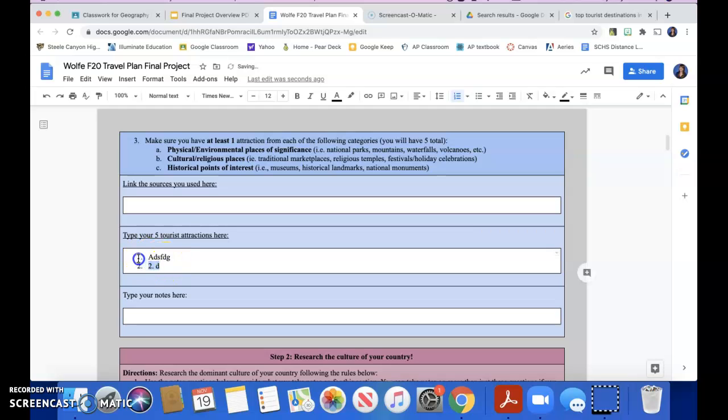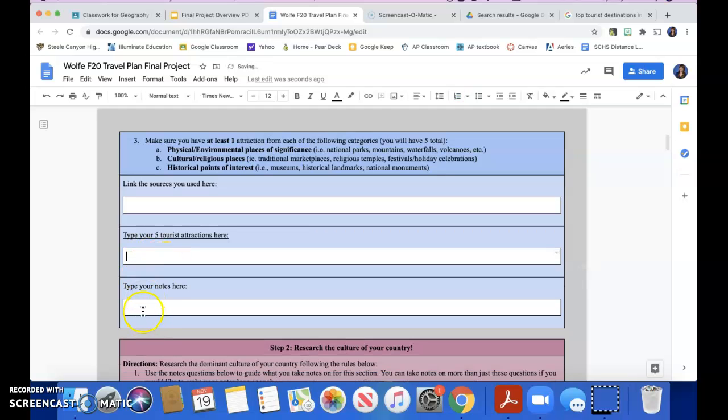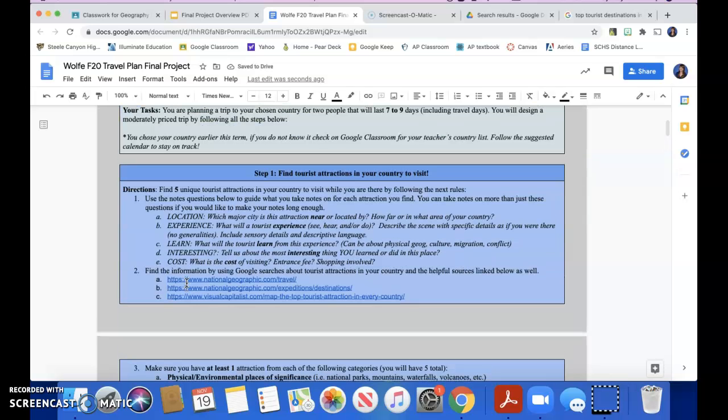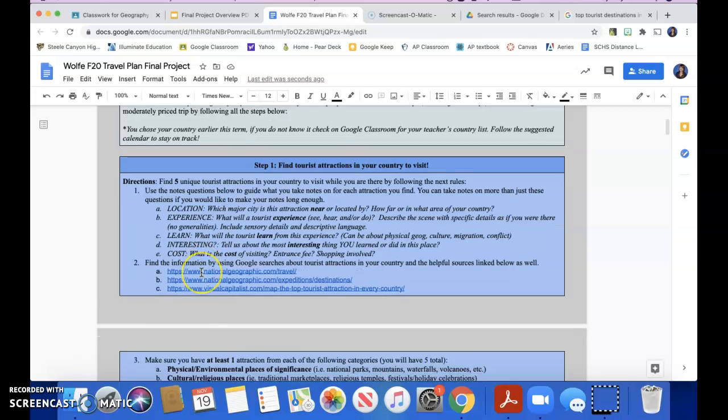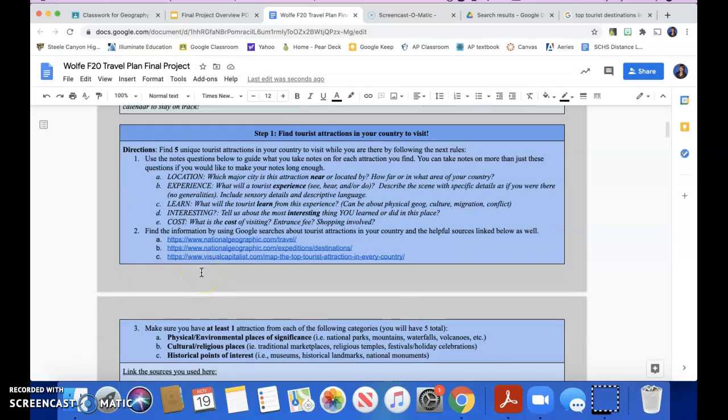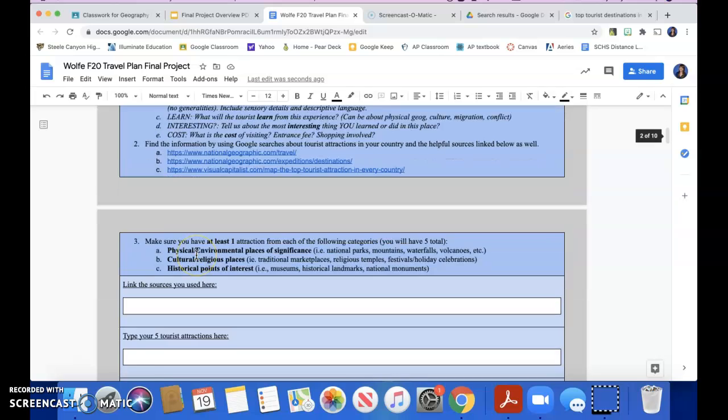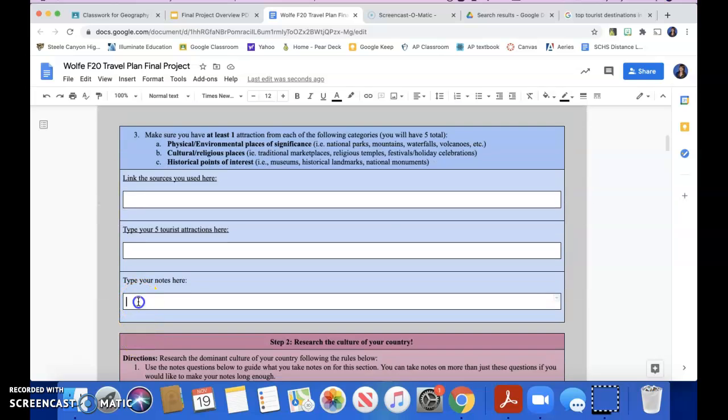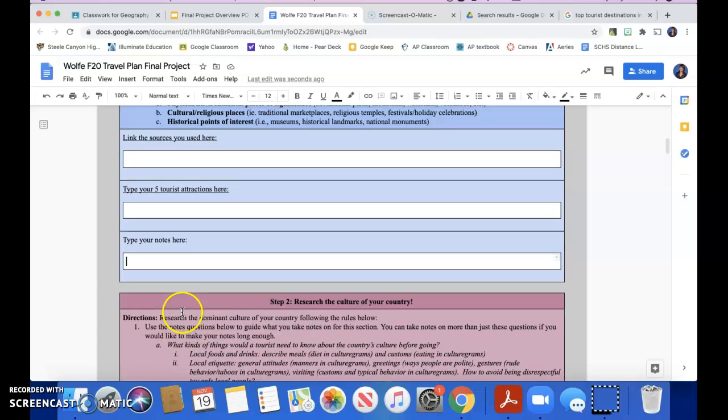And then you will type your notes. Each of the 5 tourist attractions you find, you have to type in the answers to these questions. They should be full sentences. I don't want any skimpy results, right? I want all of your responses to be thorough. So do your research on each place. You technically have 2 days to get this done. It will not take that long. Your notes should be at least half a page here, okay? You're aiming for at least half a page for your notes.